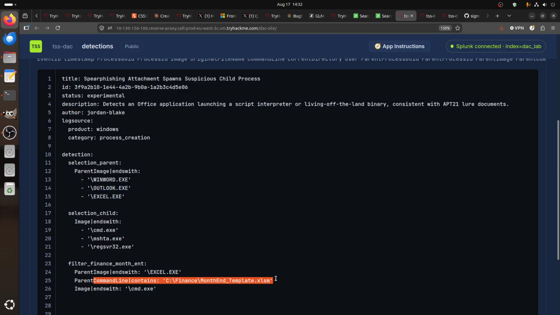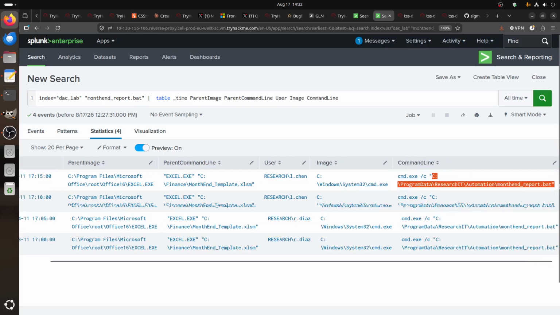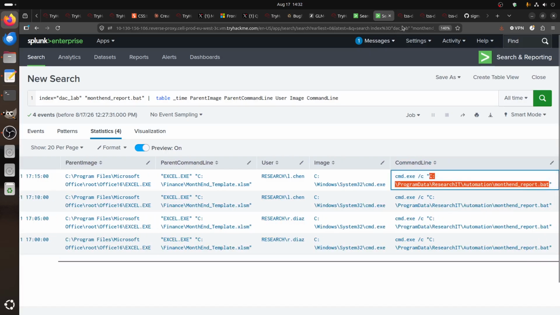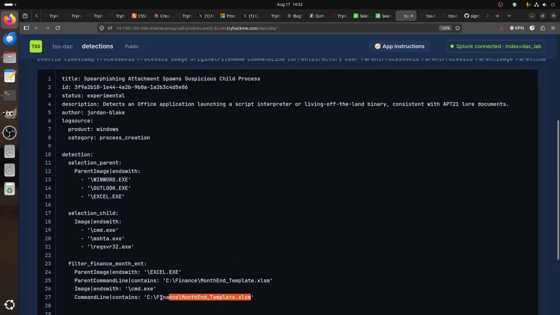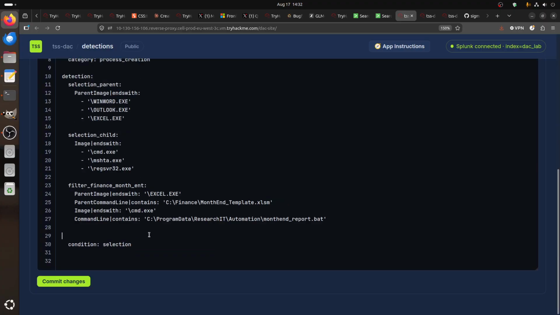Command line, yeah, we can do it for safer filtering. Let's get the whole thing. So we have that, we have that, we have that. No, I don't think we need any more of these things. The condition is always, yeah,